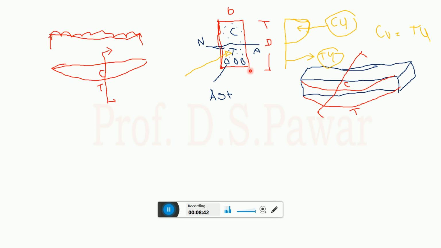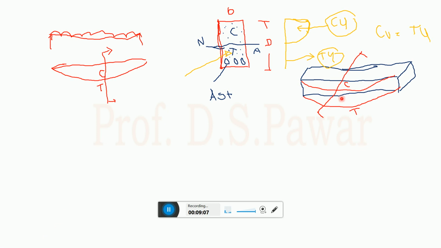That's why the advantage of prestressed concrete over RCC is more. Because in prestressed concrete we are going to take advantage of the full section of the beam. Here this part of concrete is ineffective, of no use in RCC, but in prestress we try to take advantage of the full section.